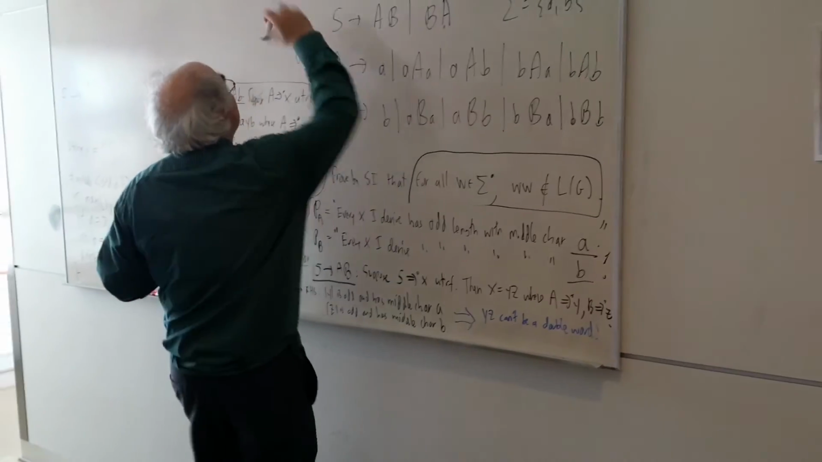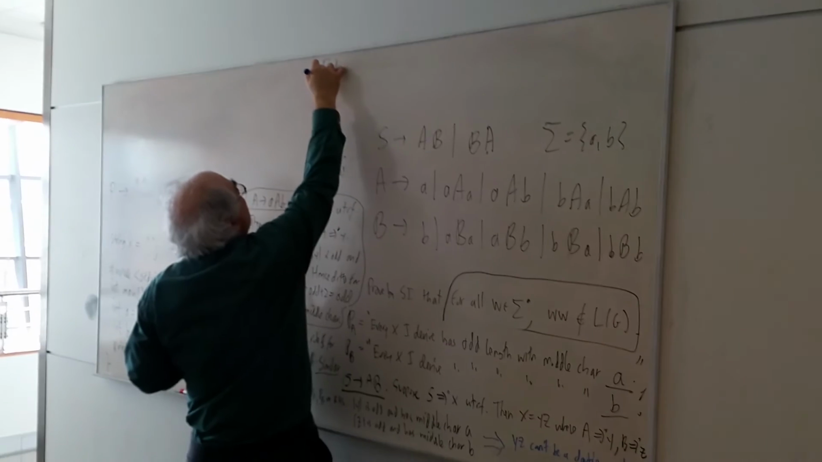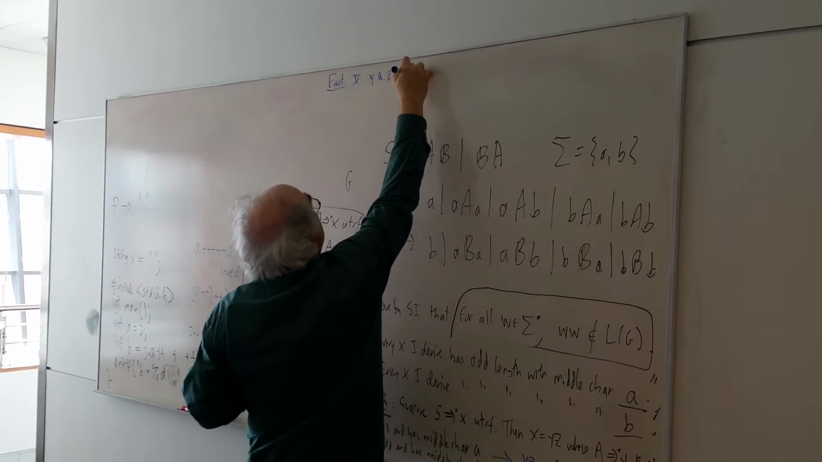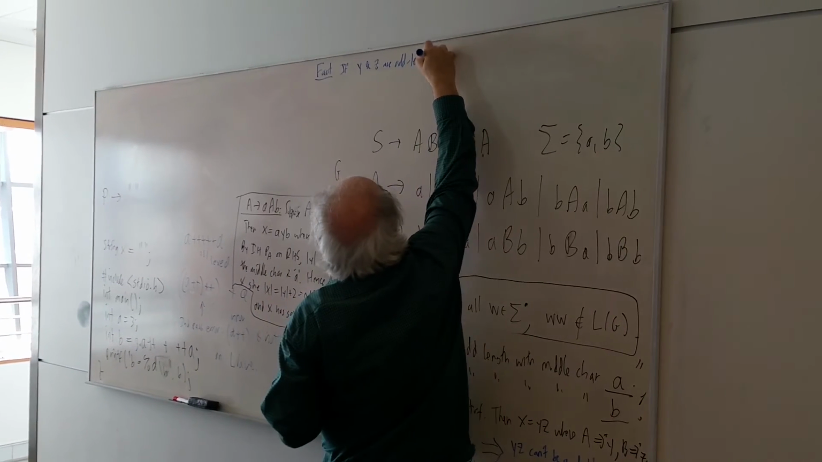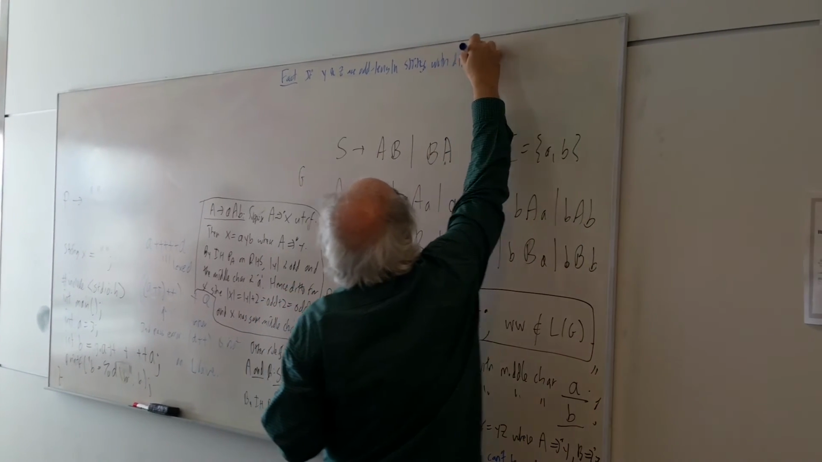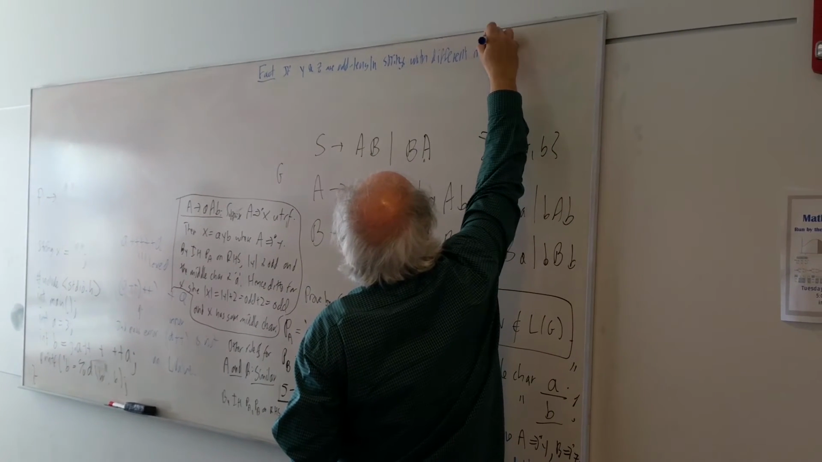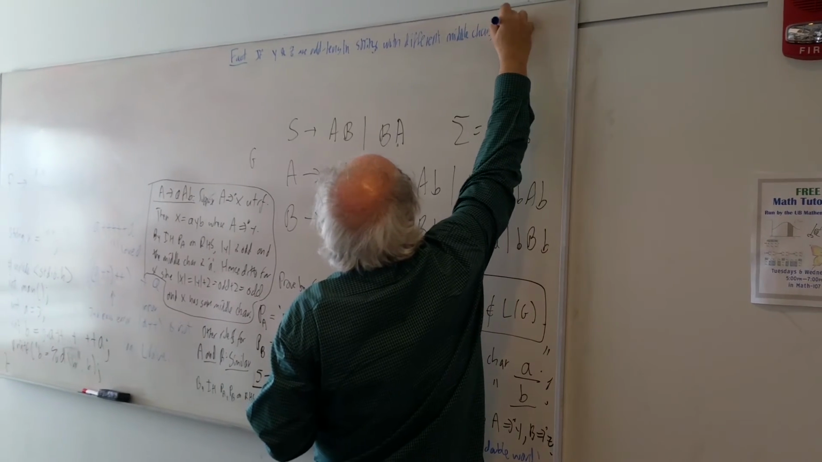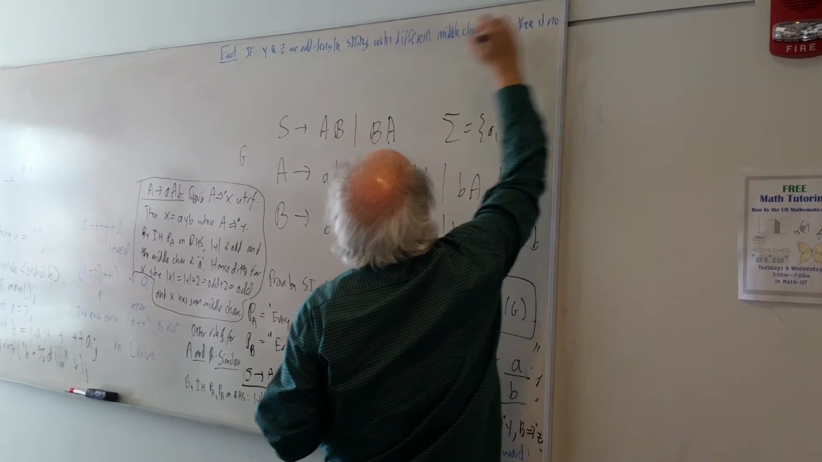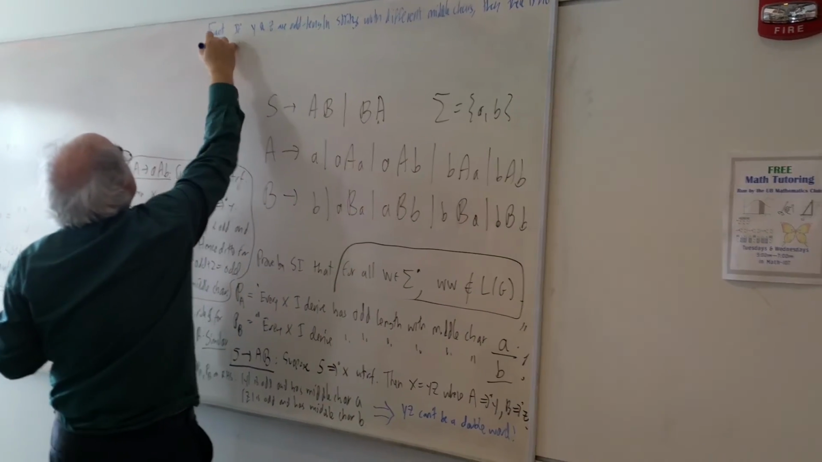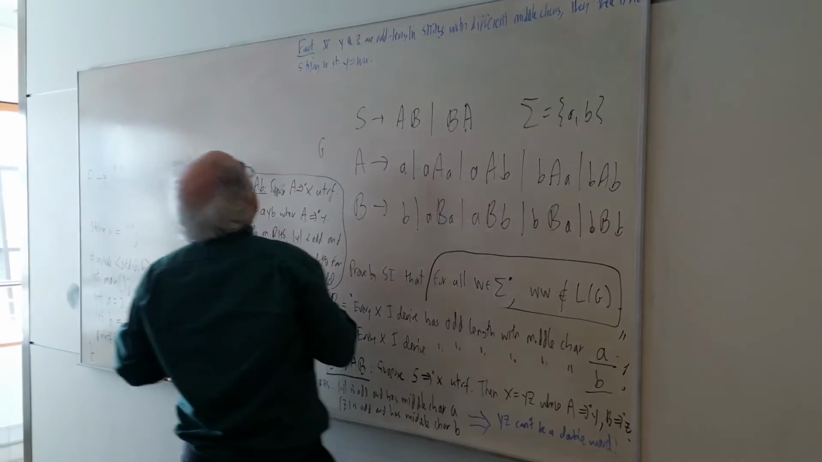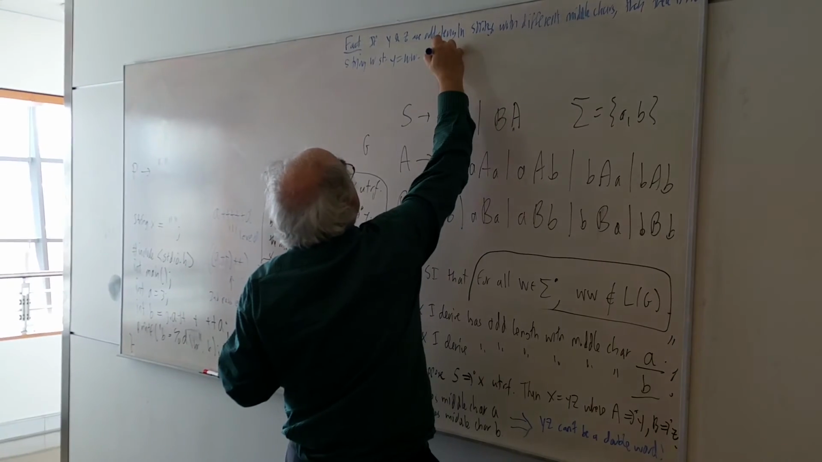So now, let me just say as a fact. Okay, so if Y and Z are odd length strings with different middle characters, then there is no string W such that Y equals WW. Now to prove this,